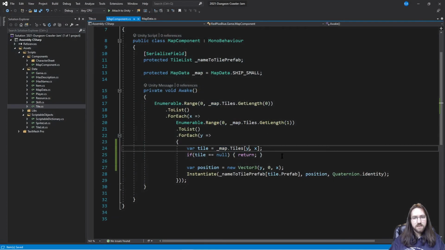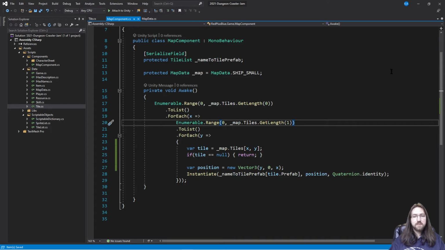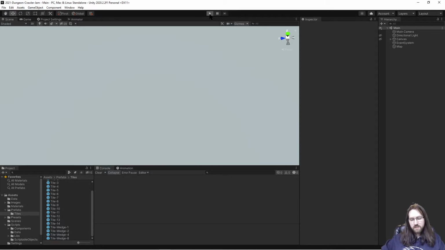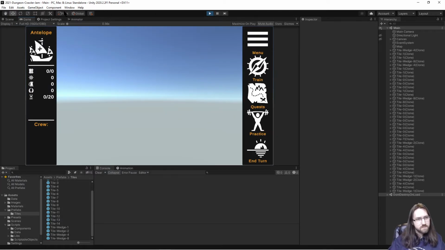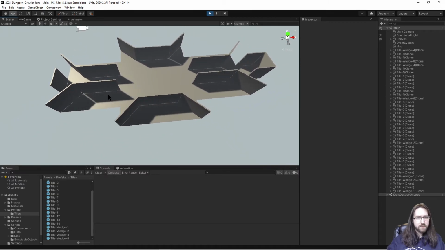Because the index has to be at the X and the Y. It's the only way that can work, but if we spawn the prefabs in the reverse position, maybe they'll work? I'm curious why this doesn't work, actually. Okay, so now it's being spawned backwards. Well, actually, all of the tiles are just backwards. So what it needs to do is it needs to iterate the other way